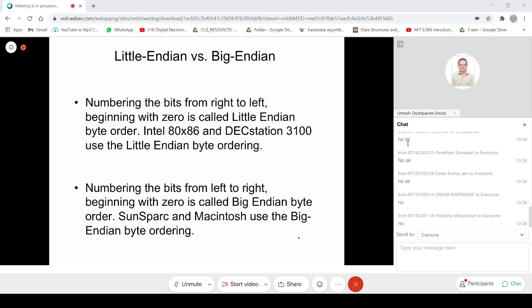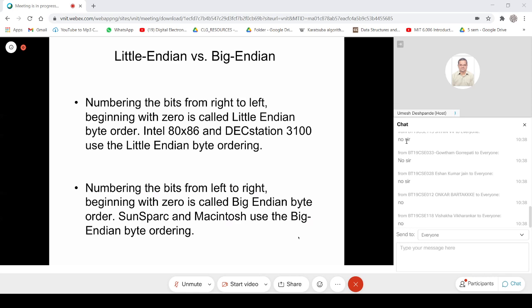So even though the hardware itself on which it is running might use some other encoding. Java said that everything is to be represented in big endian type byte ordering. And if the actual hardware expects integers to be of little endian type, let's say we are running this program on an Intel processor, then this conversion from the big endian type to the little endian type will be the responsibility of the interpreter.